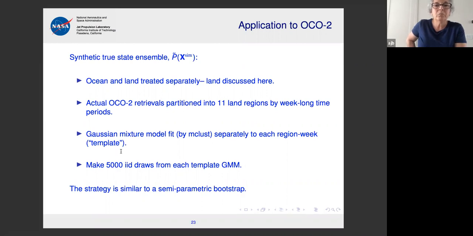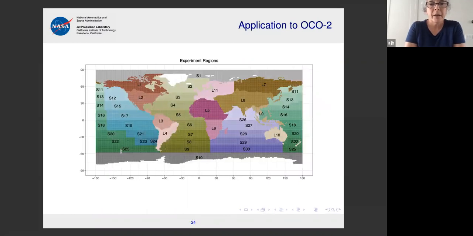And they told us that there was an ongoing project where they had been called upon to split up the world this way for another reason, and told us we should use that. That's called the Transcom Regions, and I will show you, here they are. This nice map was made by John. And so the ocean regions were split up into 30 different zones, and the land was split up into 11 different zones, in which we felt that it was plausible to aggregate the actual state vectors retrieved by OCO2